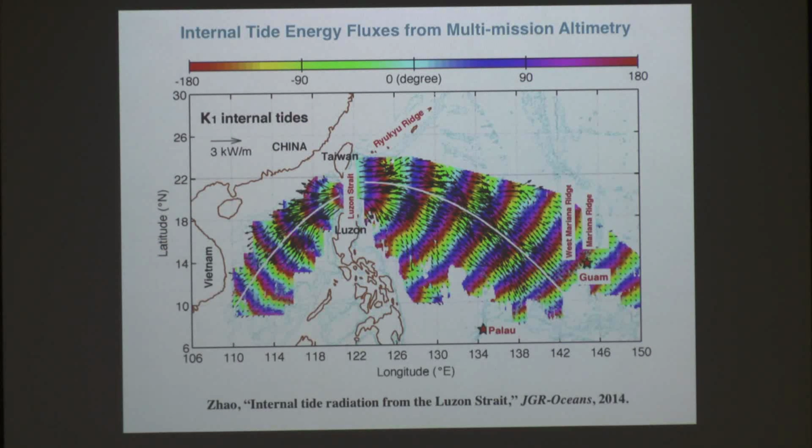This is an example now of that Zhongxiang Zhao from the University of Washington did. He's done some good work on these altimeter measurements. This is K1 energy fluxes away from Luzon Strait. And you can see great big internal tides, K1 internal tides, being generated there in the strait and propagating both east and west